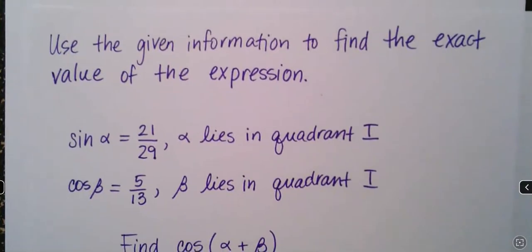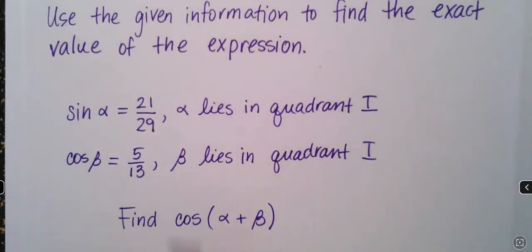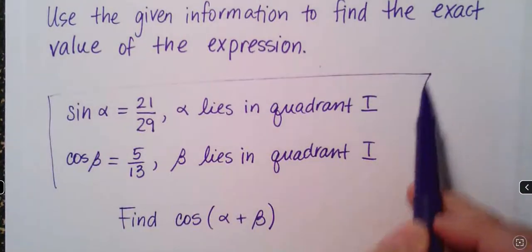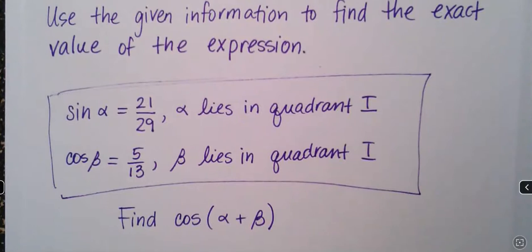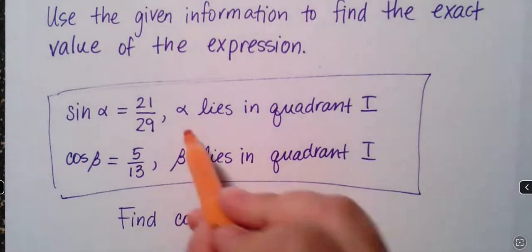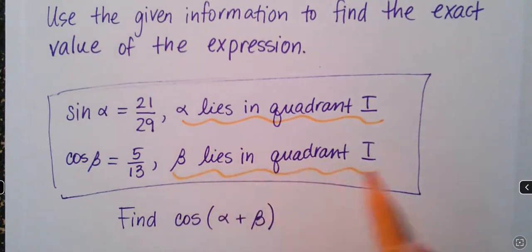Use the given information to find the exact value of the expression. All right, now, the thing they're asking me to find is right here, but this is the info they've given me. The key thing to me here is this. They have told me what quadrant I need to work in. Anytime they tell you what quadrant, well, let me say this wrong. I don't want to say this